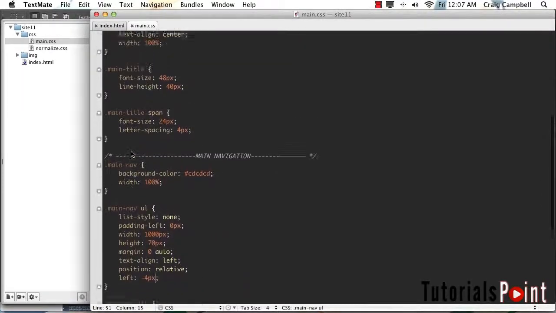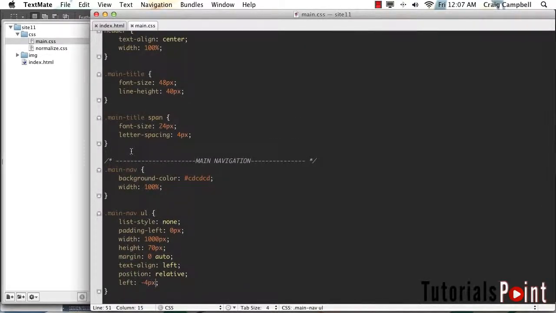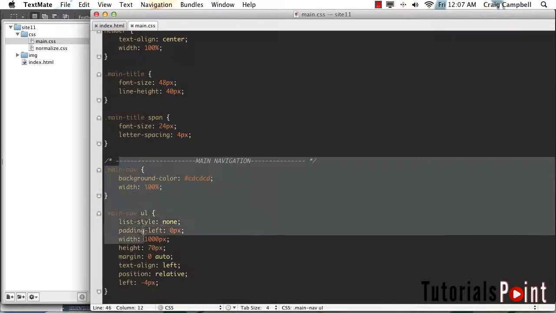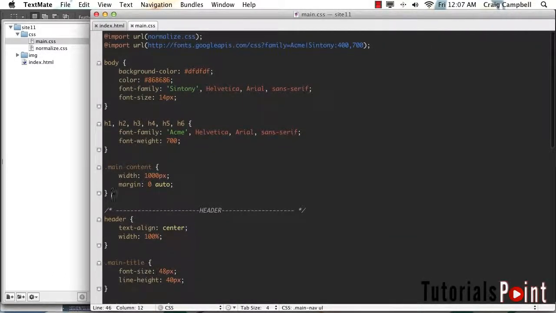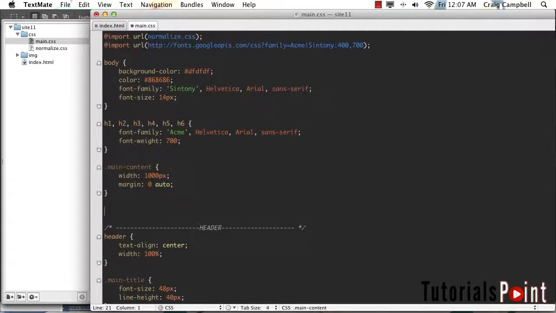So we're actually going to apply these classes to other items besides just the navigation items. So we don't want to put this in the main navigation section. Instead, I'm going to put this up here towards the top, right below the main content rule that we created before. We'll skip a couple lines here and let's start with the orange background. So we created a class called bg-orange. So we'll type .bg-orange. And then the only thing I want to do for the bg-orange class is set the background color property to a value of